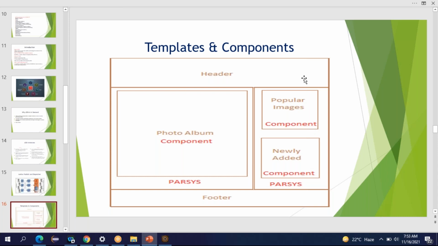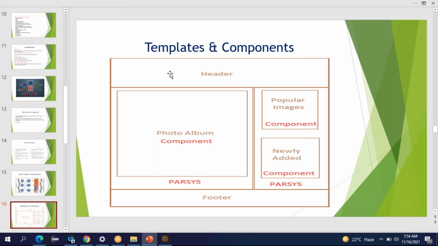Once the template is developed, when the content author creates a page using that template, you will be able to see the placeholders on the page. The placeholders are actually provided by the developer. There will be a placeholder for header, footer, body, right panel, and all. In those placeholders, the content author will drag and drop the components. So templates are layouts to create a page, for example, your home page, customer care page, product page. All the pages have different layouts or markups, right?